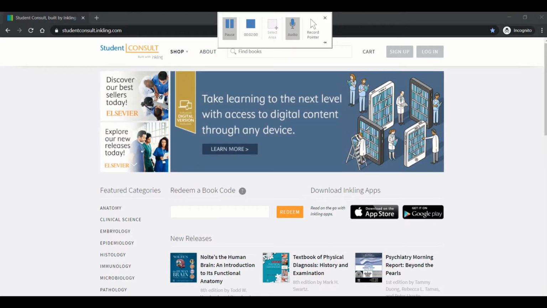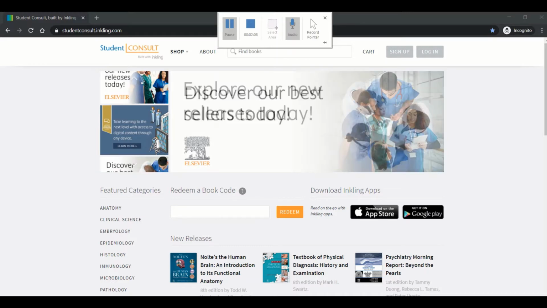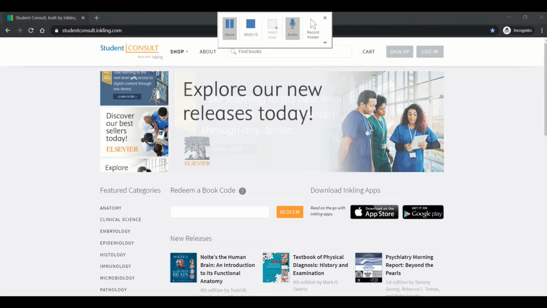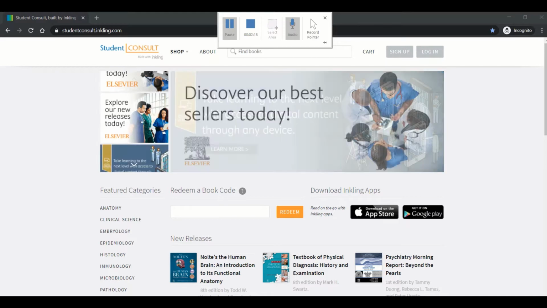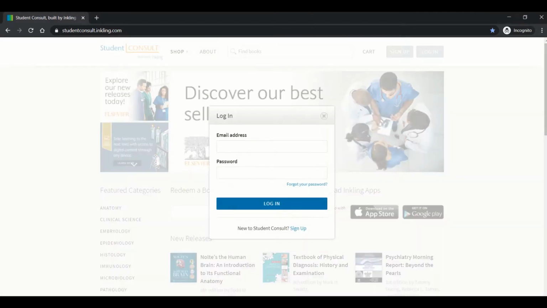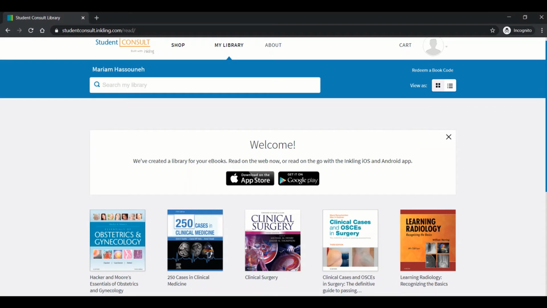Because I have an established account on Student Consult, I can log in, and I encourage all of you, if you have books that you did not redeem their code, to redeem them and establish an account on Student Consult, which is very easy. So now I'll be logging in through my email address. Now, since I'm logged in, once I enter my email and password, it will send me directly to my library,